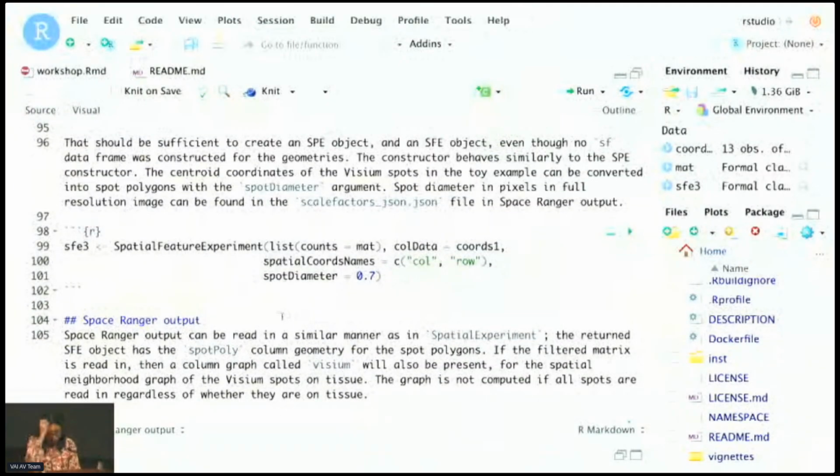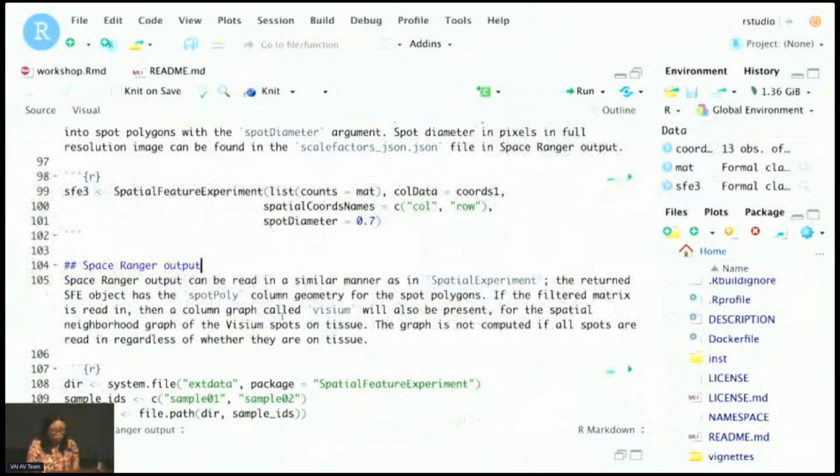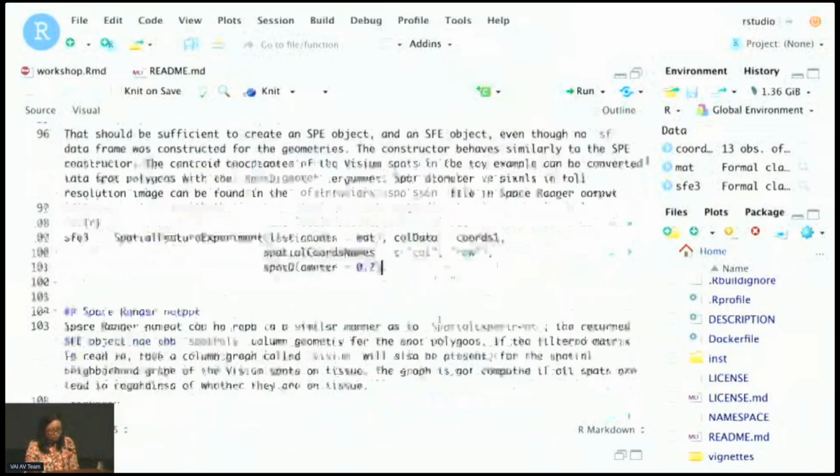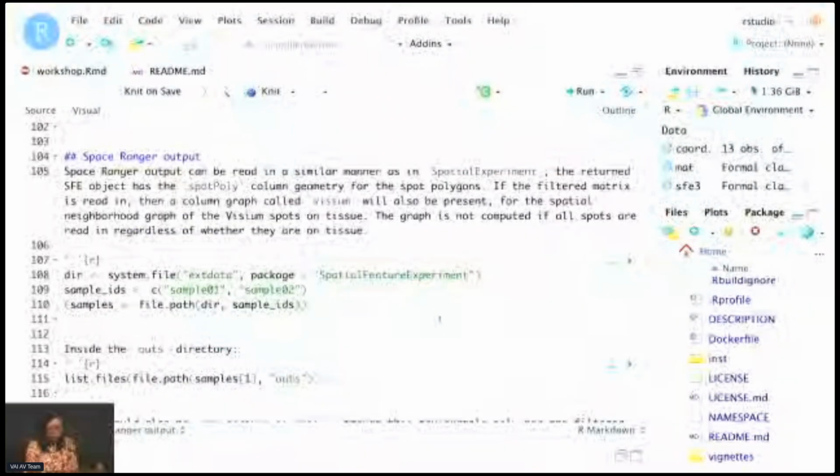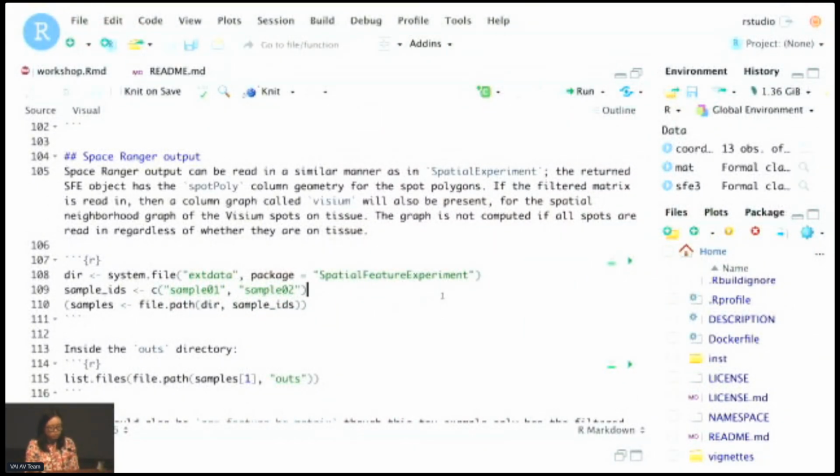But most of the time, I have observed from the Museum of Spatial Transcriptomics dataset, a database, that commercialization of a technology will really make the technology more popular, like Visium, also MERFISH, it got more popular after it got commercialized. So probably most of the time the user will use one of those commercialized technologies, and each of those will have its own data preprocessing pipeline, which will give you an output directory with a standard structure.